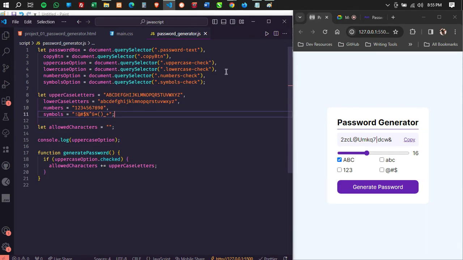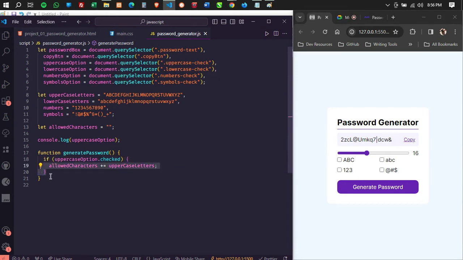All right, so we have the elements on the page here, then we have the characters over here. Great. So if the user checks this one, if this is checked, then we want to make sure that these letters are now included in this. Right? So at this point, I can come back here and take this out of